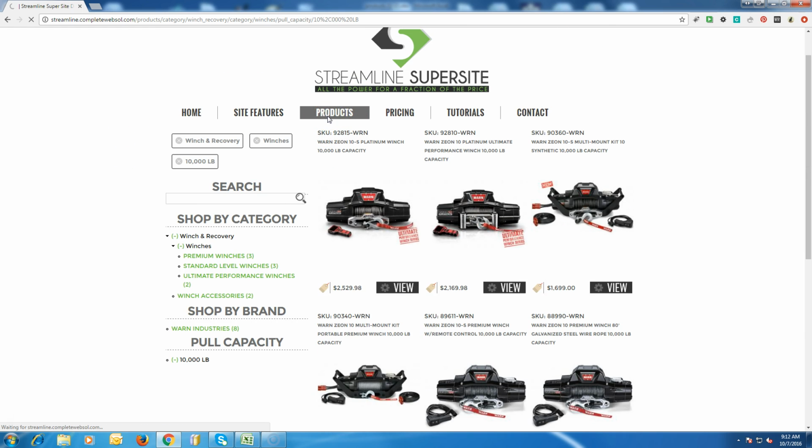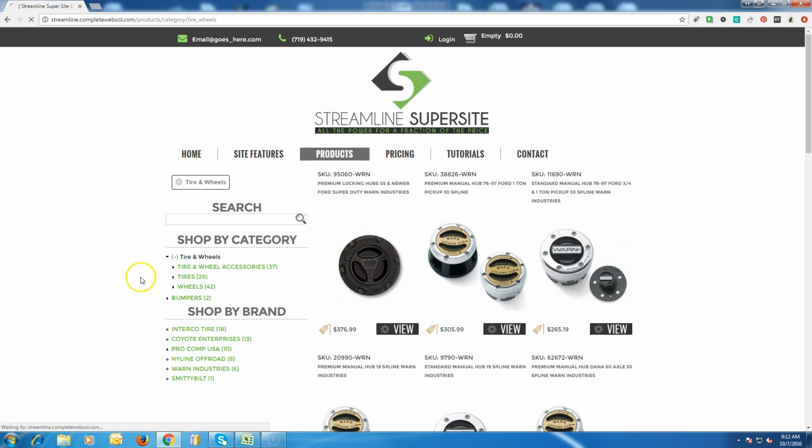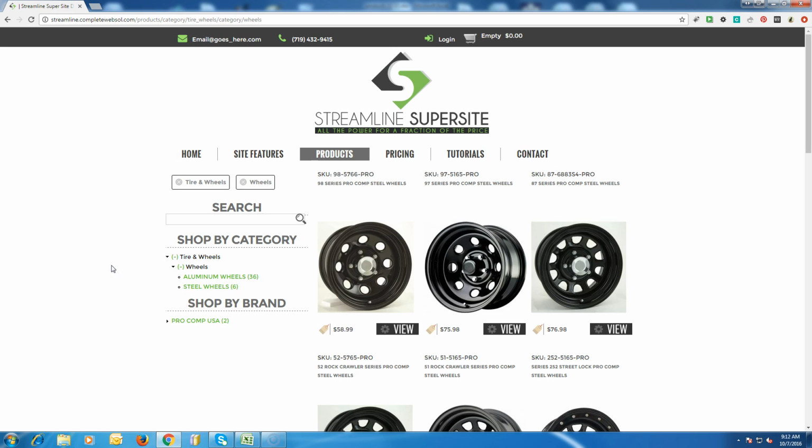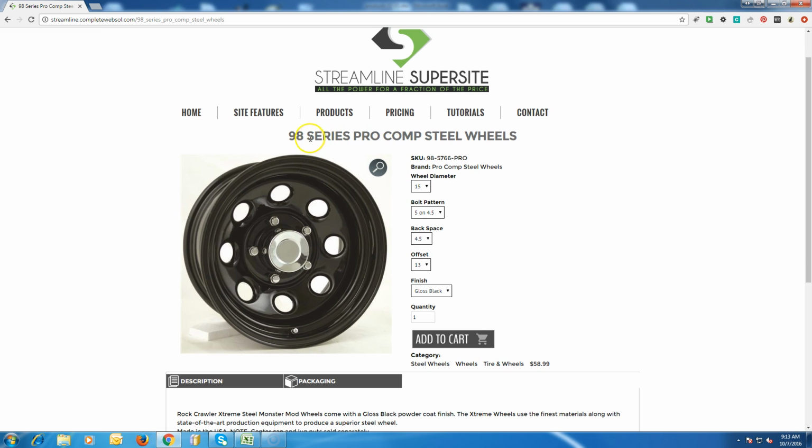Same type of concept off of a data sheet, but a different way to use it on your website. Let's go to tires and wheels. Wheels, right? Wheels are a crazy thing and lots of different options on them. Now this is not searching, we didn't put a field in here. What we did is we can use it on the display itself. So in this one display, it's talking about one series, right? Because a lot of people are looking for this series and they know they want a certain